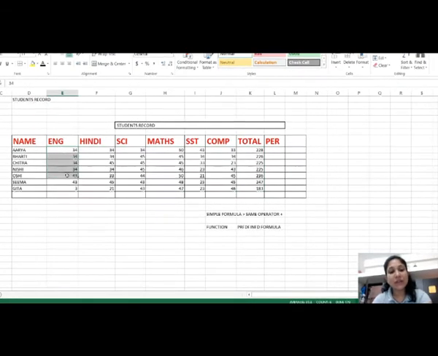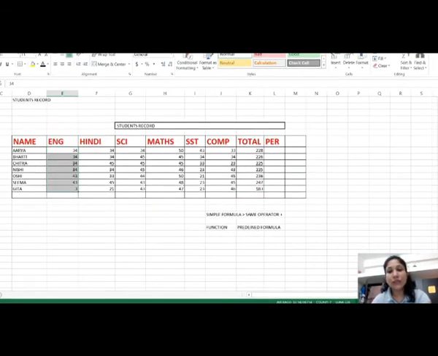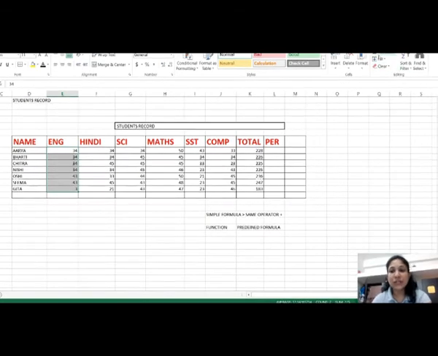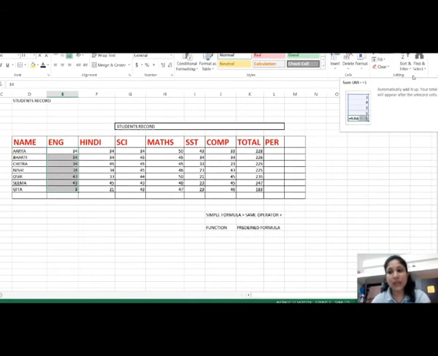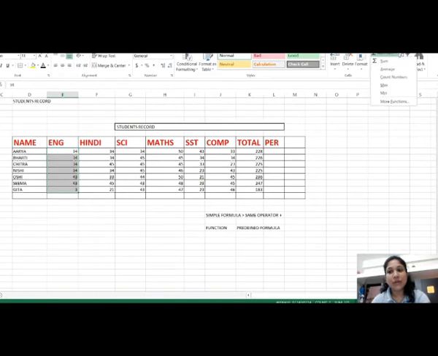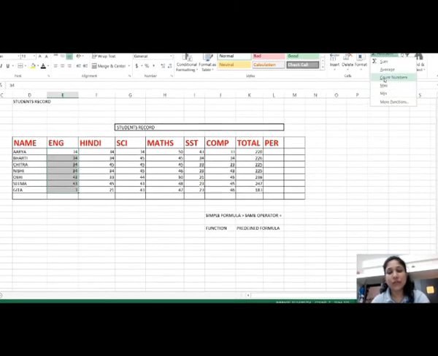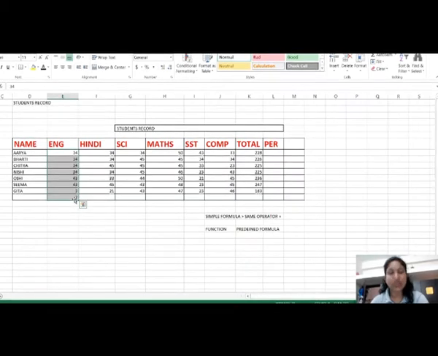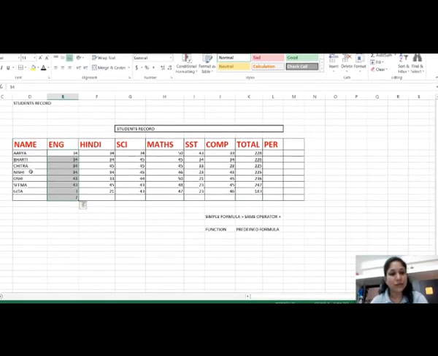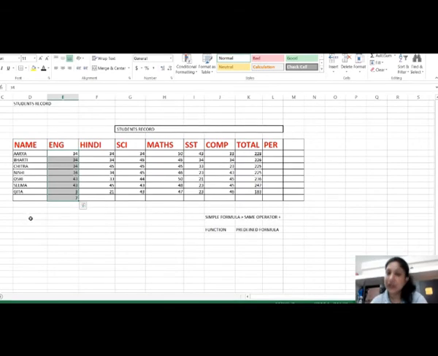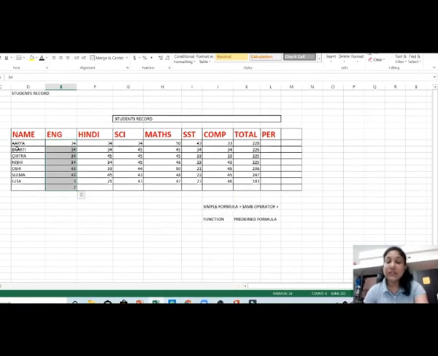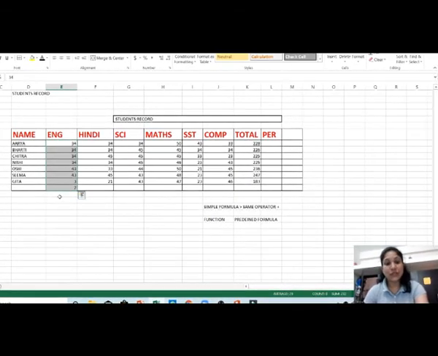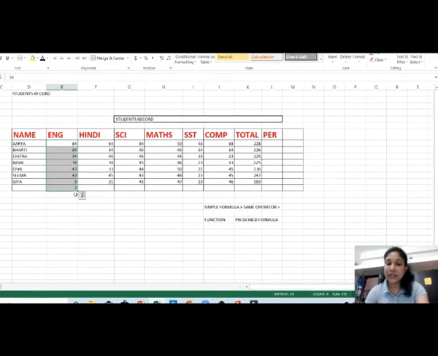In the same way we have many functions. You want to know how many student names we have counted. Can you see here the editing group? From here you click on count numbers. See, it will display the answer 7. You count 1, 2, 3, 4, 5, 6, 7. Correct. We have entered 7 records, so it is showing 7.